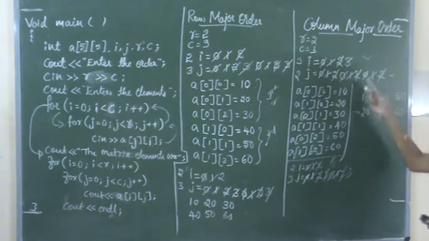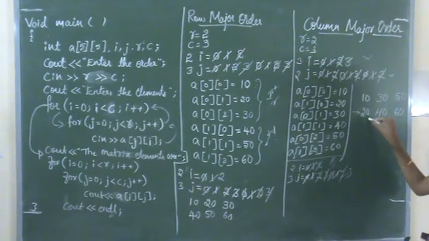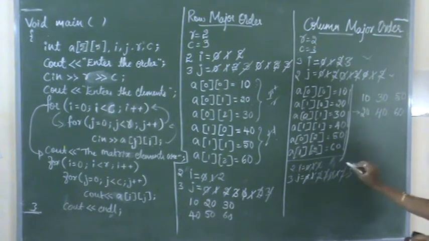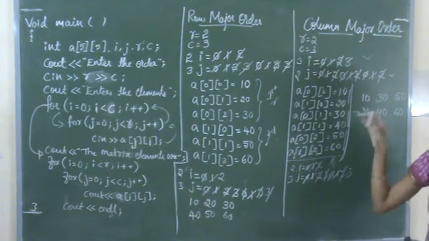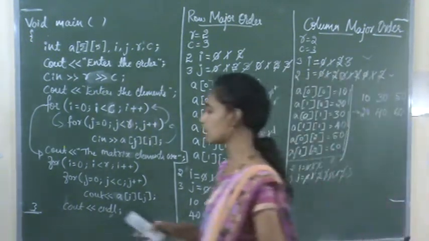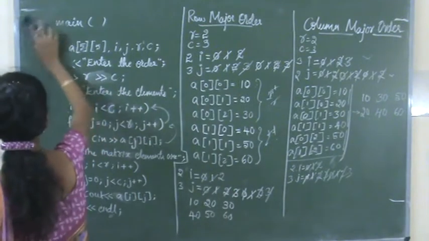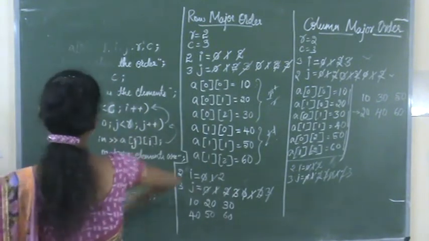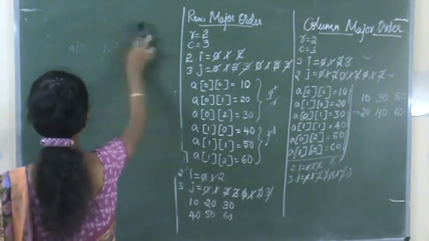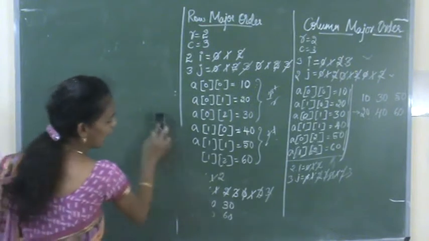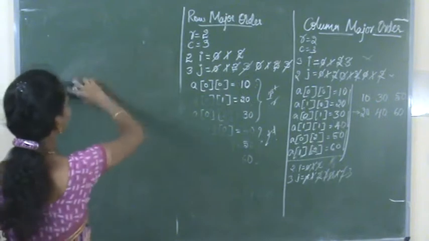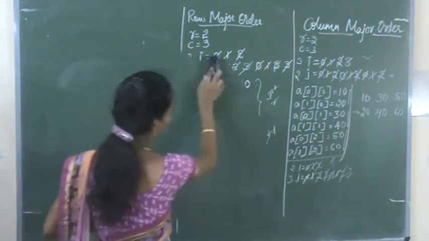So here this is column. So first one column has to be filled. So this is one column, this is second column, this is third column. Likewise it has to be stored, read and printed. Okay. So this is about row major order and column major order. So next we have to know the advantages, disadvantages and applications of array. Let me first know what are the applications of array.